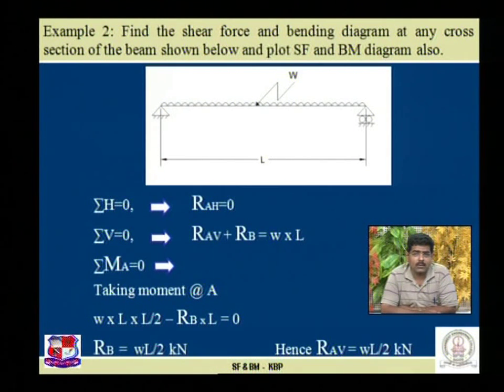Step number 1 is to find the support reactions using the equilibrium conditions. As support A is a hinge support, there are two reactions, RAH and RAV. Using the first equilibrium condition, sigma H equal to 0, definitely RAH is equal to 0, because no horizontal load is acting on this beam. Sigma V equal to 0: summation of all the vertical forces acting on